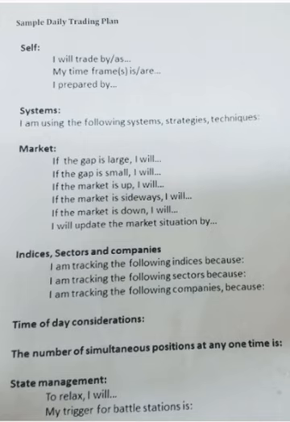If the market is down, I'll look first at the VIX, then I'll look at the Russell, then I'll look at energy and finance, then finally the Dow. And then I'll trade in the direction there and try only 1 or 2 positions, but really concentrate on the biggest loser. I'll update the market situation by keeping the SPY chart up at all times, along with the VIX and IWM, to get a sense of market direction. I'll be refreshing the ready stack of 20 or 30 symbols so that I can always spot the S&P and then find the current leaders in either direction.